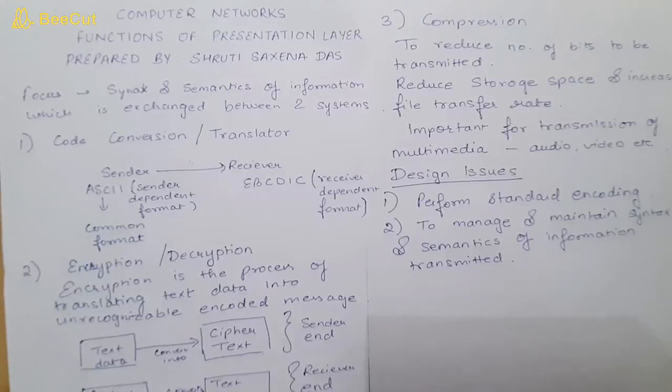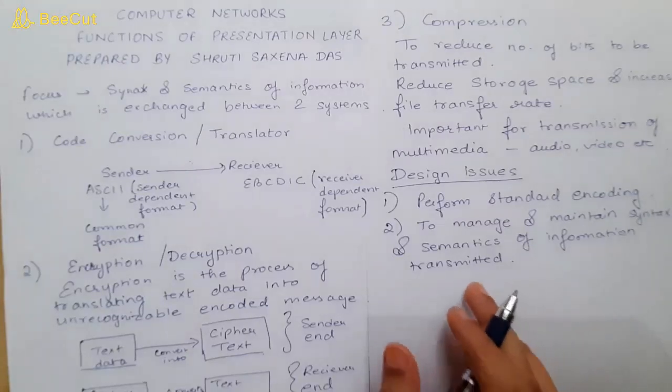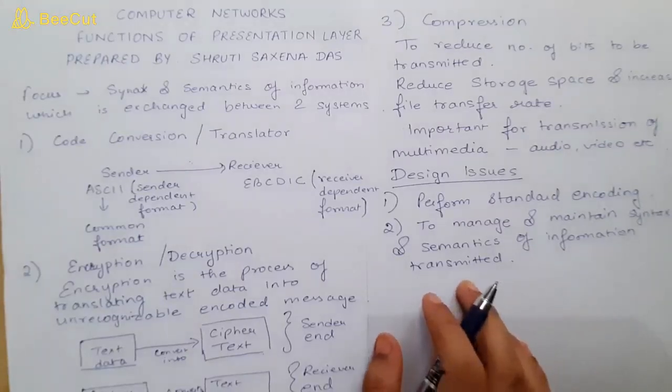So majorly we use numbers or character strings. We exchange data in this form, but before being transmitted, it should be changed into bit streams, because different computers use different encoding schemes. Because of that, it should be converted first. So this is again one of the major design issues.